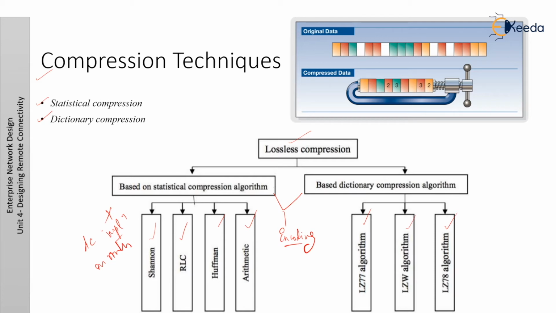Now come to dictionary compression, the Lempel-Ziv algorithm, which is based on a dynamically encoded dictionary that replaces a continuous stream of characters with codes. The symbols represented by codes are stored in memory in a dictionary-style list. Therefore, it is known as dictionary encoding or dictionary compression technique. This approach is more responsive to variations in data than statistical compression. So actually, statistical is a non-adaptive technique and this is adaptive.